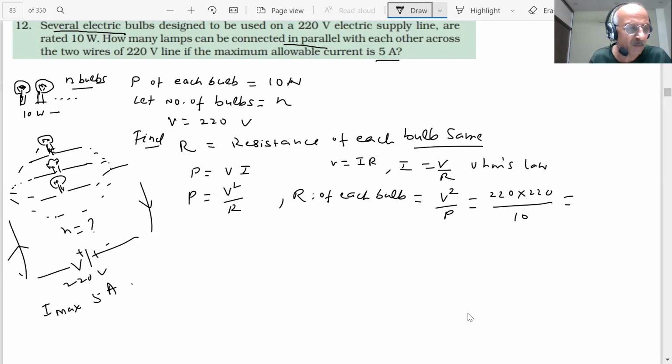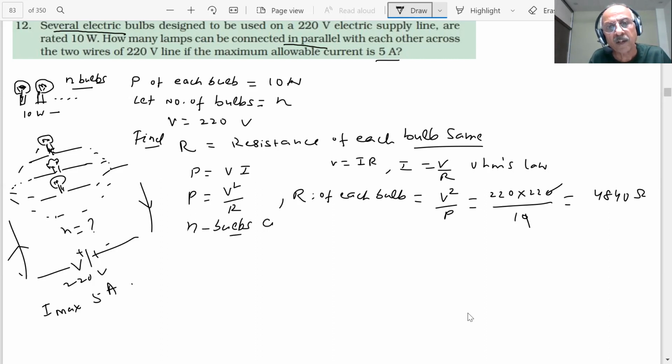Resistance of each bulb is how much, students? 22, 22. 4840 ohm, students. Now we are saying if there are n bulbs, students,